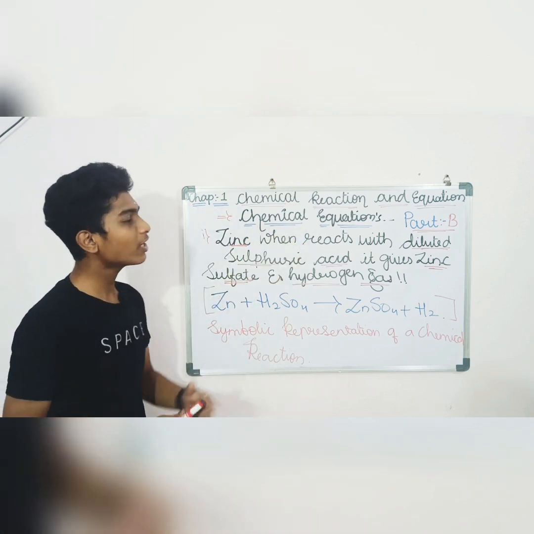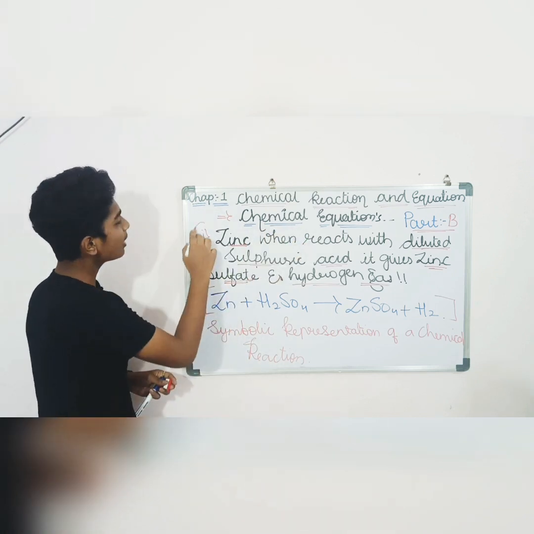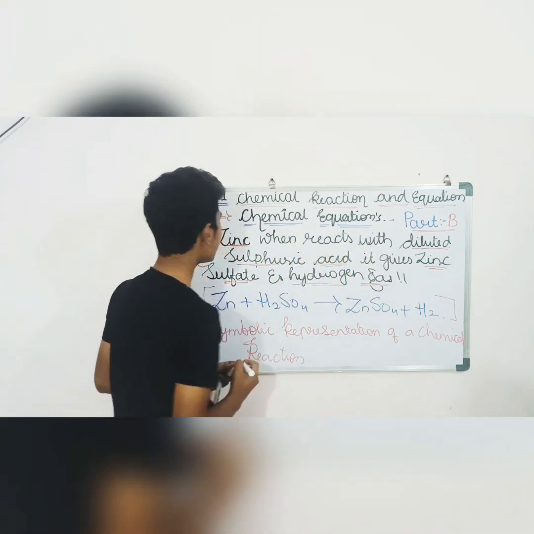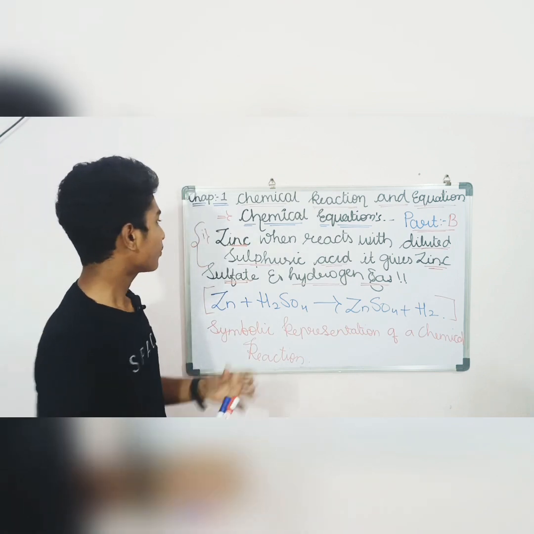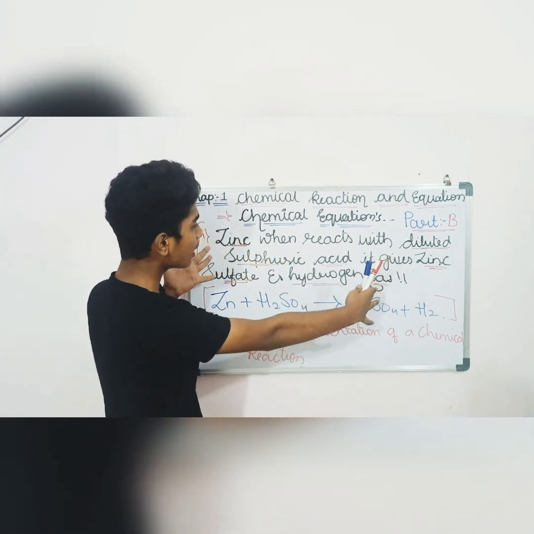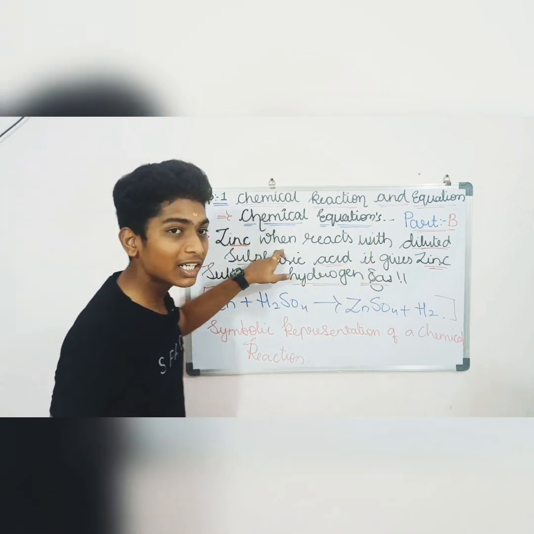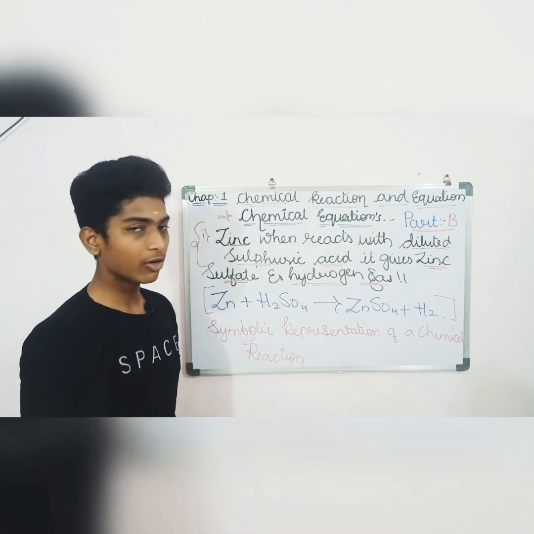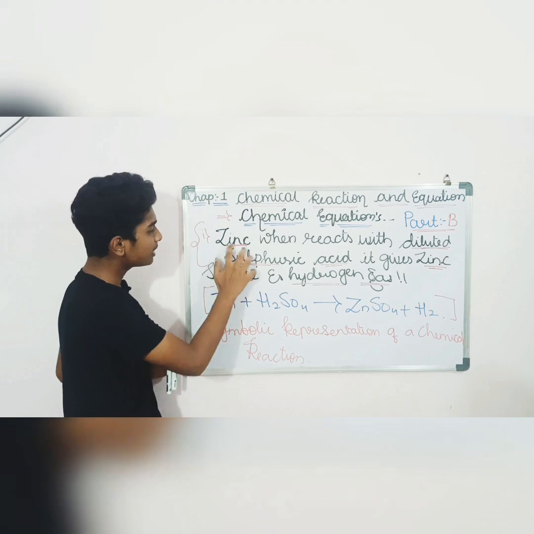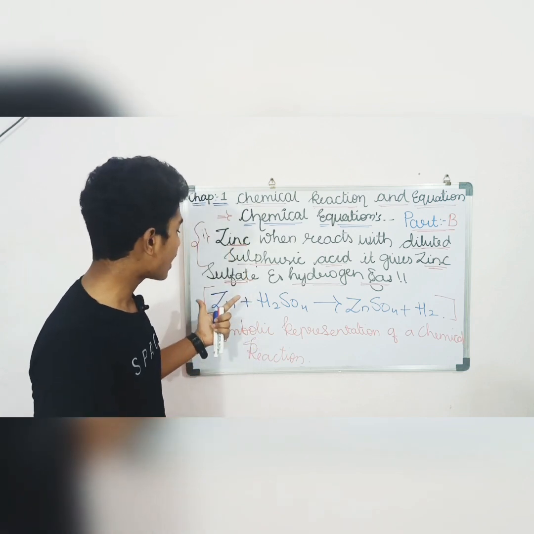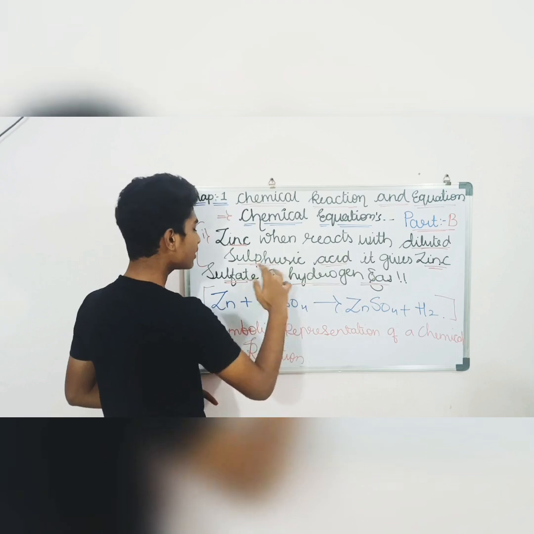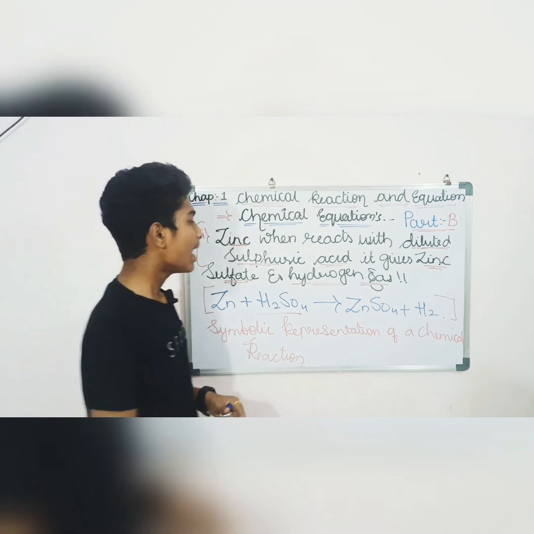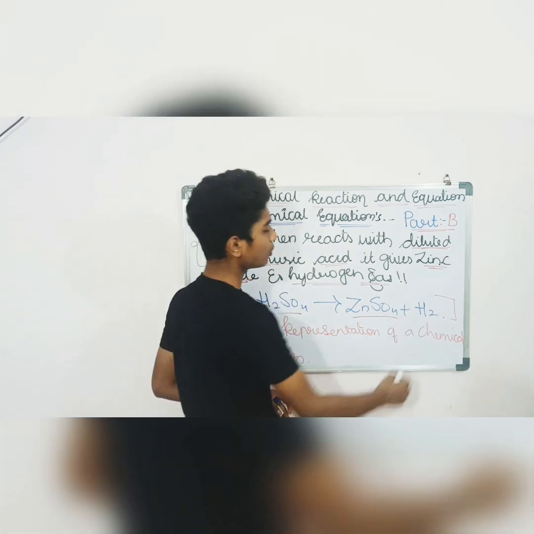Okay, chemical equation. What are chemical equations? Now here I have a chemical reaction. Zinc when reacts with diluted sulfuric acid, it gives zinc sulfate and hydrogen gas. It is such a big reaction, it took much longer time, and also this equation I have written in words. So a chemical equation is nothing but a symbolic representation of a chemical reaction. Now here the symbol of zinc is Zn, we can use this symbol as a short form, and H2SO4 is our symbol of diluted sulfuric acid. ZnSO4 is zinc sulfate, H2 is hydrogen.